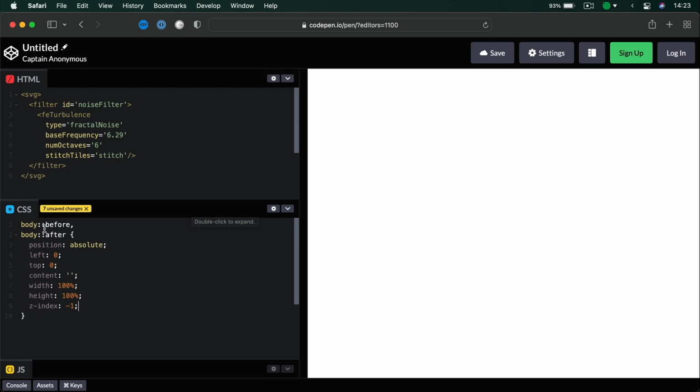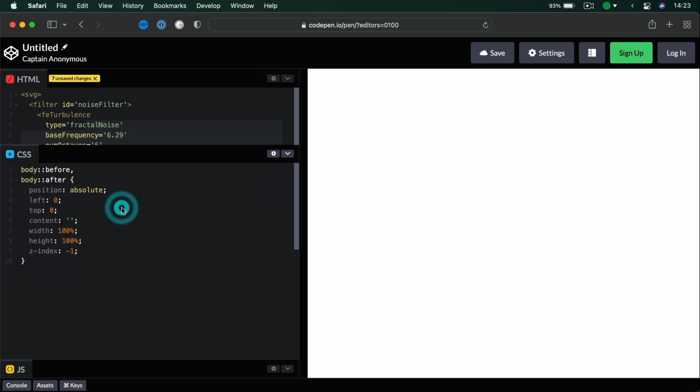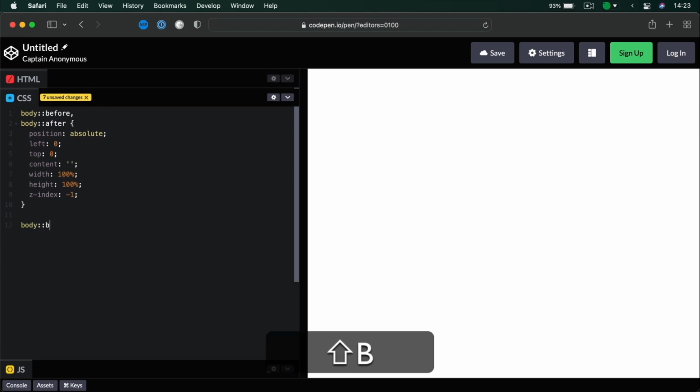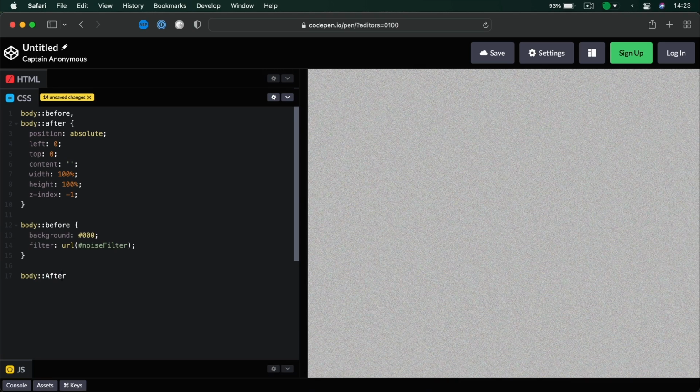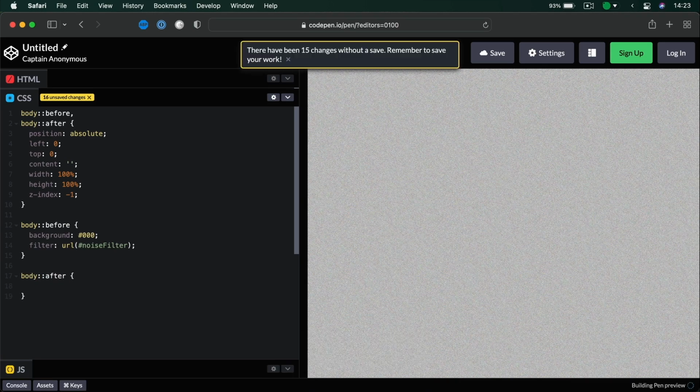So we start with two pseudo elements, just like before. In the HTML part, we have the SVG defined with our noise. And then on the before pseudo element, we can do exactly the same thing, just a black background, and then add the noise filter. And then on the after pseudo element, we can set up a